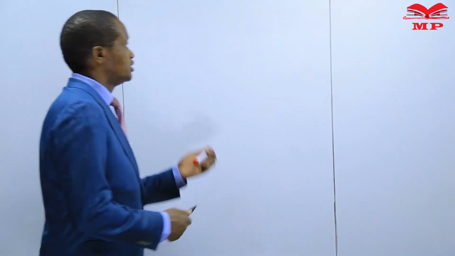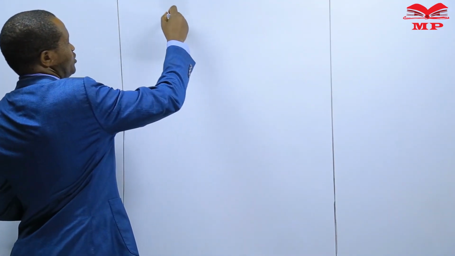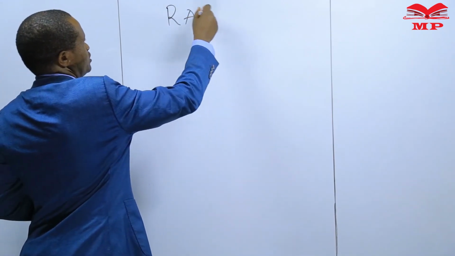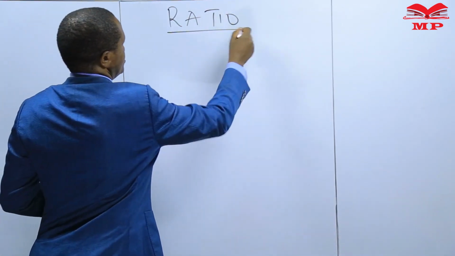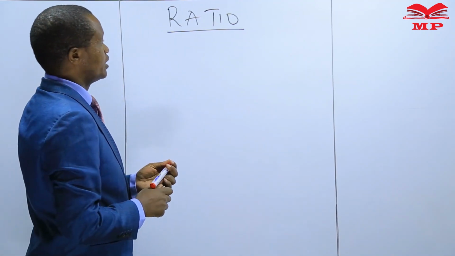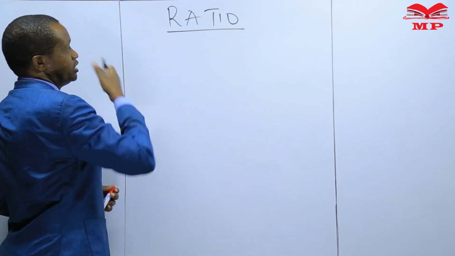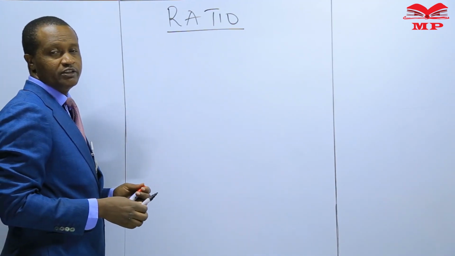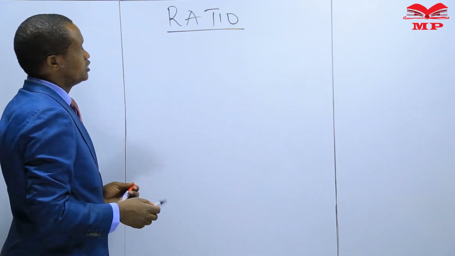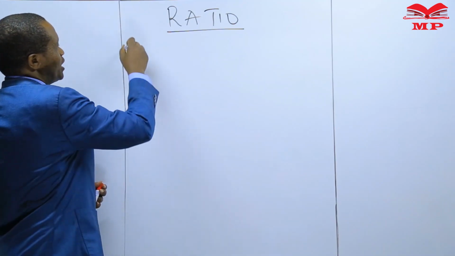It's a continuation of the unit on ratio and proportion, and we started off on ratio. In our today's lesson, we continue working out problems involving ratio. And remember, our main objective, we said, is to be able to learn how to work out